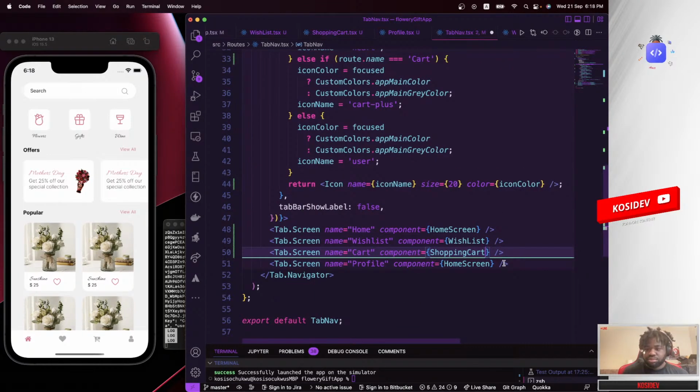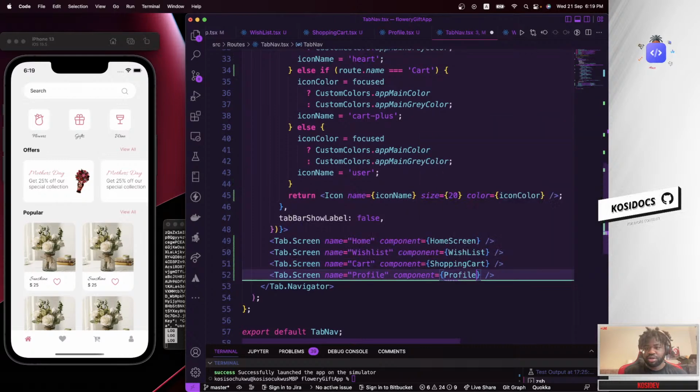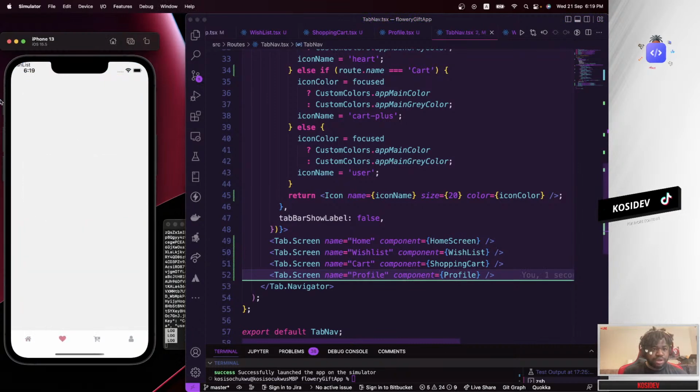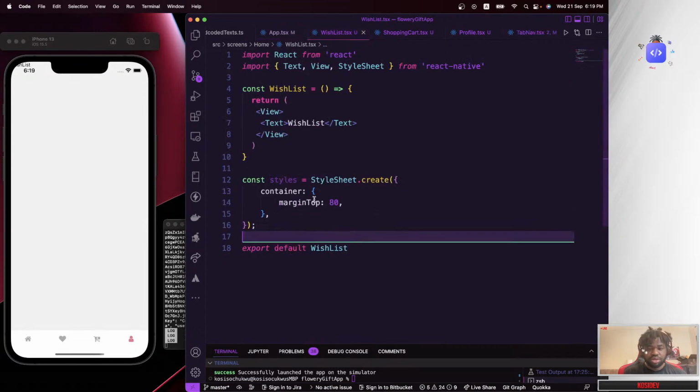Yeah, and the last will be profile. So replace that with profile. I think that's all. Yeah, so let's test that. And if you tap on here, that worked. That's cool. So tap here. Yeah, I think just need to make sure that